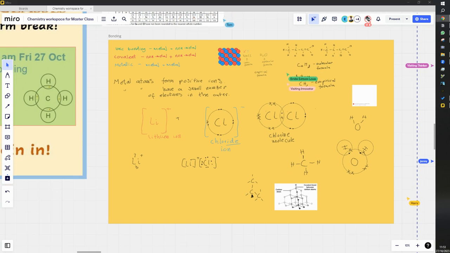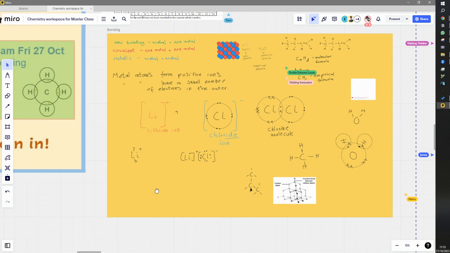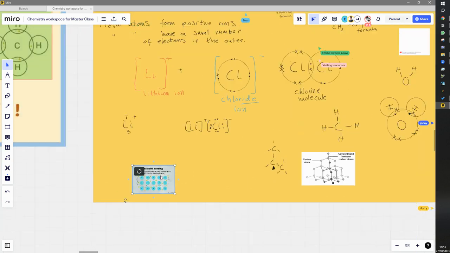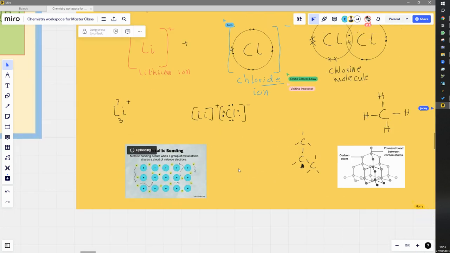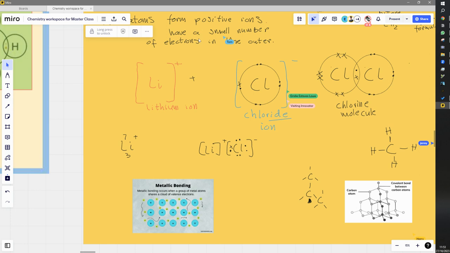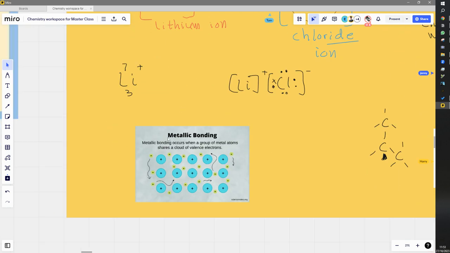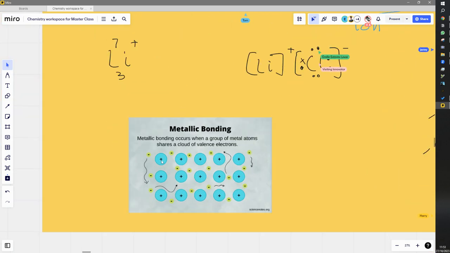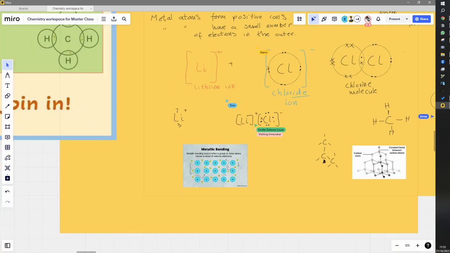So I'm just going to get a diagram, and I can show you the key things rather than having to draw it myself. Remember what we said about what is it that makes a metal a metal? It has a small number of electrons in the outer shell. So when I have a bunch of metal atoms together, how do they bond? Essentially, a small number of electrons in the outer shell essentially roam freely,